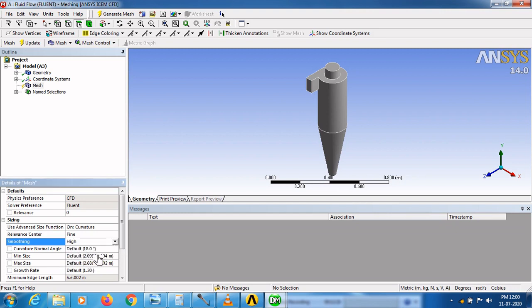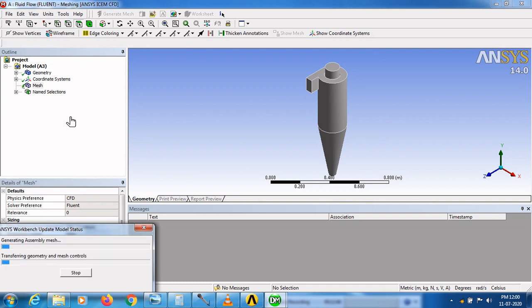Here you can provide minimum size of the mesh. Here I am going to give 0.000005. Then click update. Now you have to wait for few minutes.